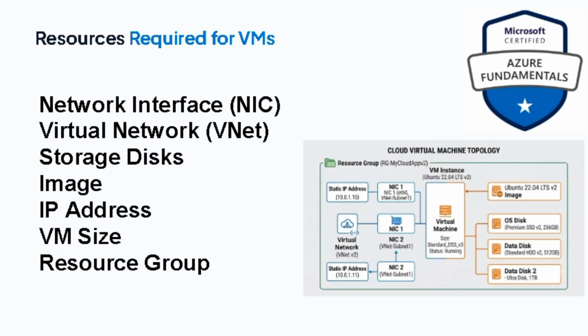Microsoft wants us to know the resources required for virtual machines, and a virtual machine will require the same requirements that a physical computer requires, such as a network interface card. You will need a virtual network. Probably this is another one of the things that a physical computer doesn't require. It's the same as a network, but it's a virtual network. You will need somewhere you can store data, so a storage disk. The image in this case is the operating system that you're going to install into the computer. You will need IP addresses. You will need the size of the virtual machine, and the virtual machine will need to be in a resource